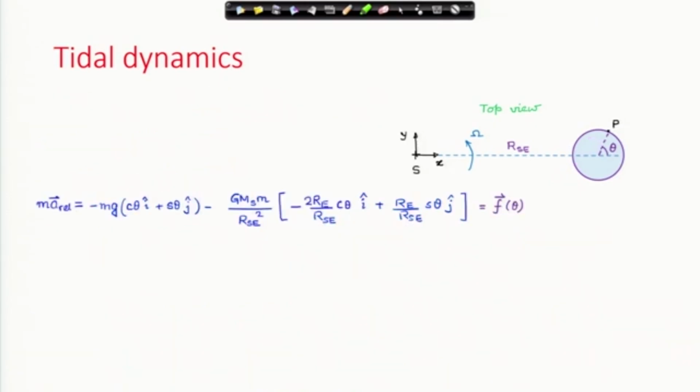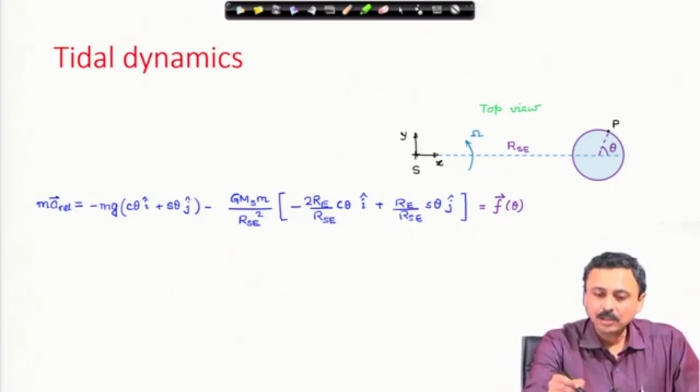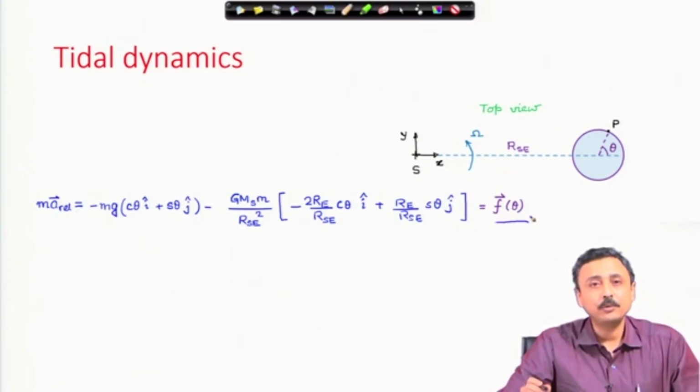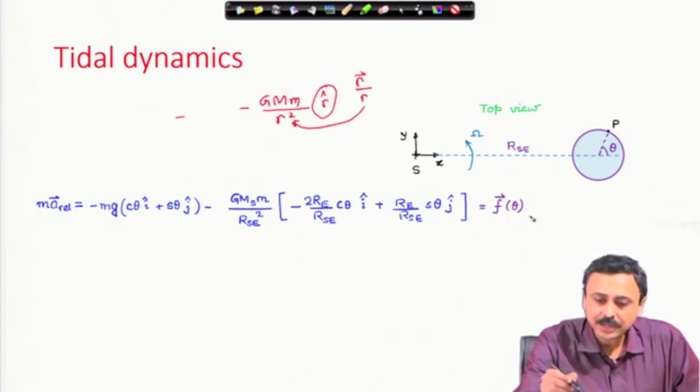This I have written out here, and this I call F theta. On the right hand side, therefore, we have force. This has dimensions of force, and this is a function of theta. Therefore, at different points on the equator, we will have different force. Let us try to